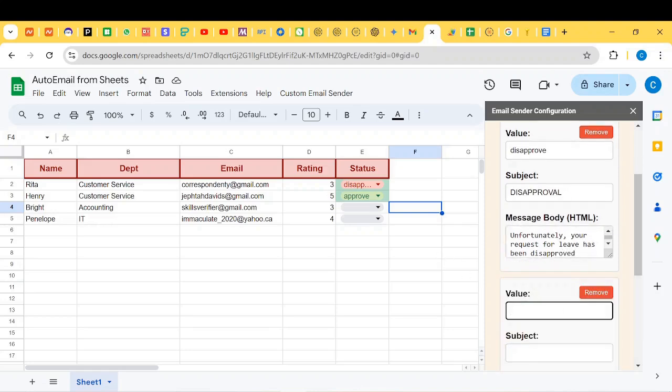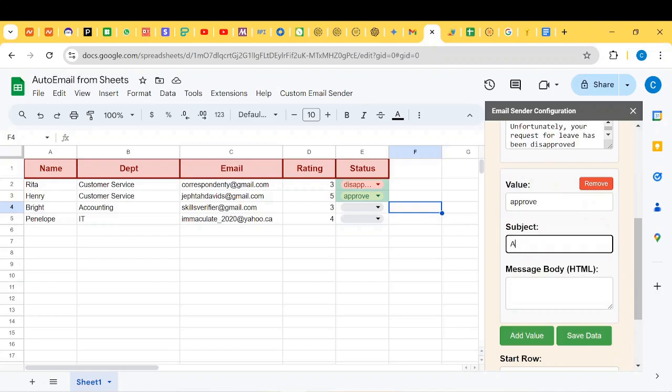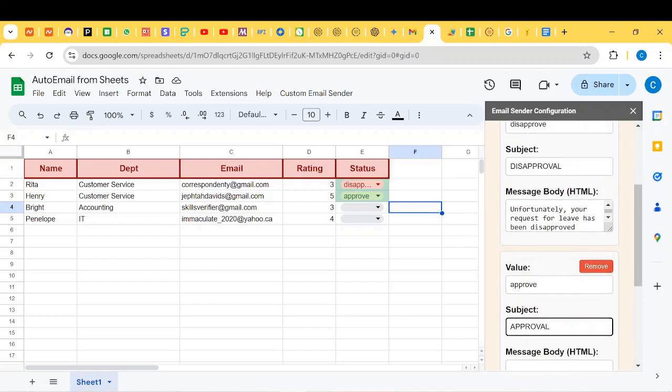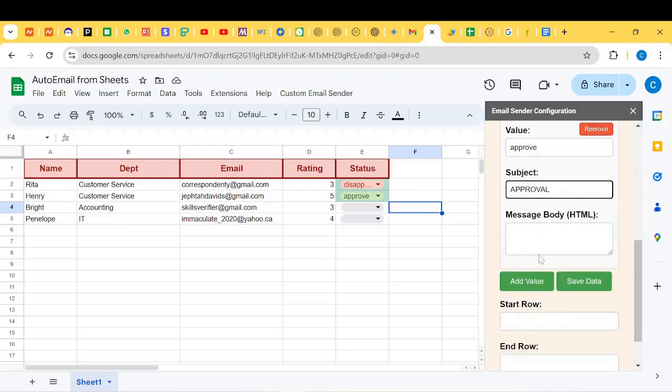Now let's add the details for our other value, approve. Indicate the value and subject. Note that if you wish and can write HTML, you can include HTML tags and formatting to make your emails